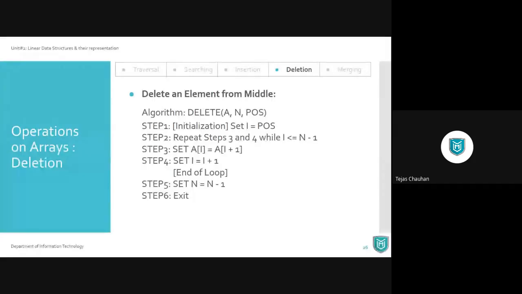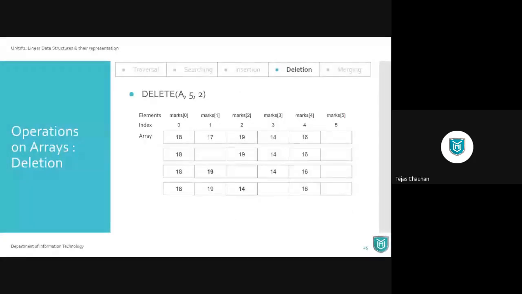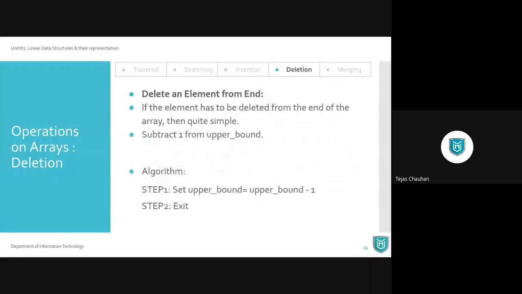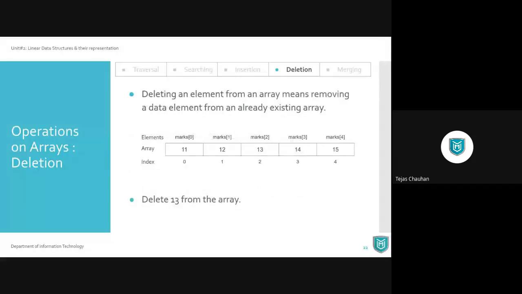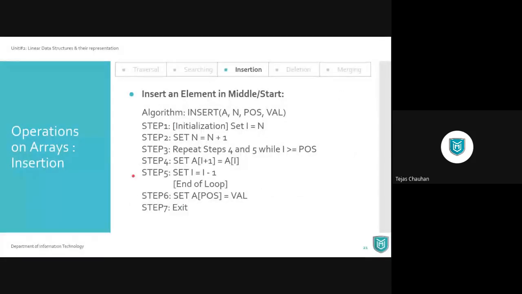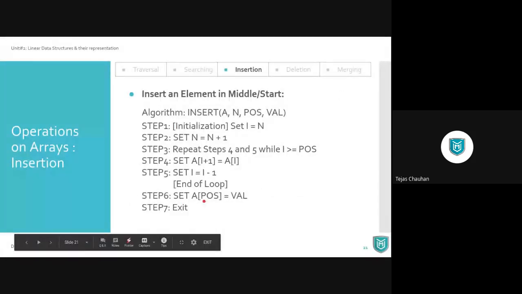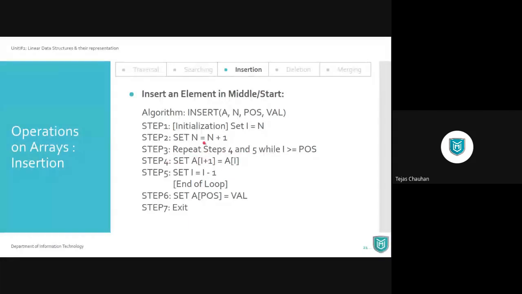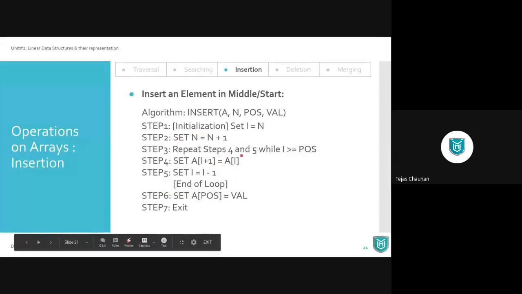Let me go to the insert algorithm. Okay, and here you are saying that I equals n, then the ith value we are going to shift to the right side, up to I equals pos. So, look, this is an algorithm, okay?